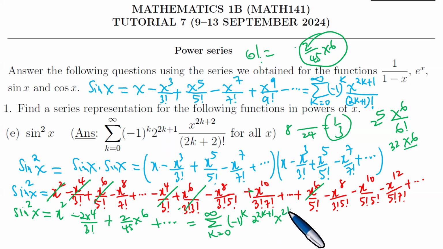Yes, please. May I ask, why do we always include the -1 to the k power? Because the signs alternate, yeah? The first one is positive, the next one is negative, the next one is positive, and in this case, the next one is going to be negative. So if the signs alternate, then you must always include the -1 to the power k